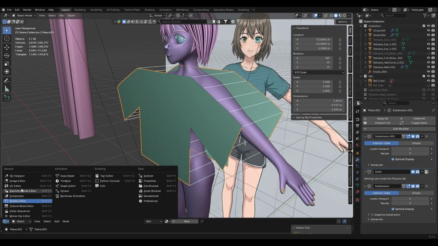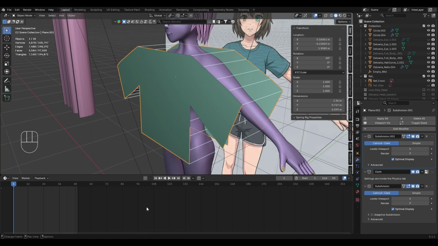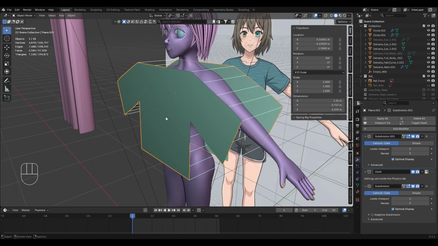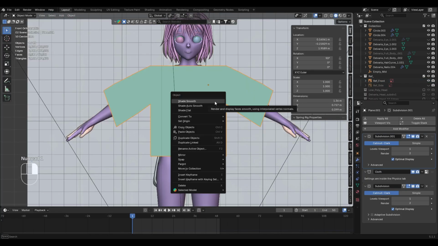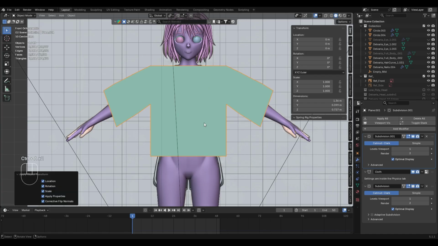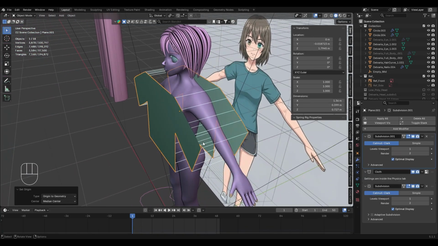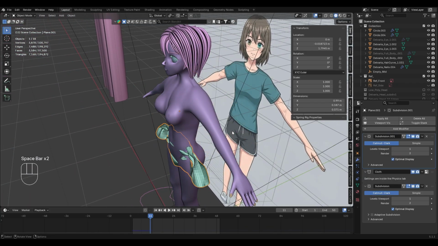Let's also click here, change to the timeline, open this, change this to 50, scroll it down, go scroll on the wheel on your mouse, be right in the middle of the timeline. Click here, Control A, all transformation, right click, origin to geometry. Now if we hit space,